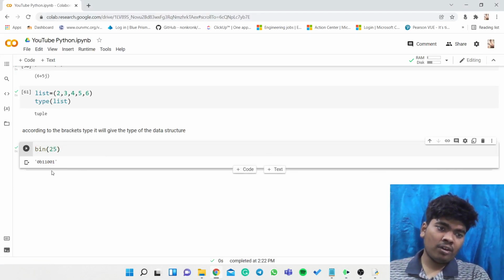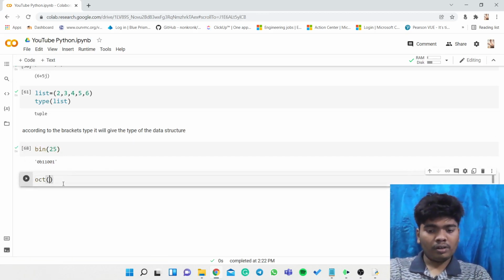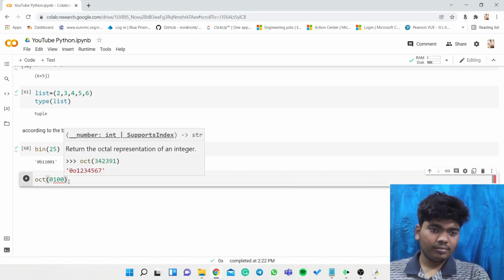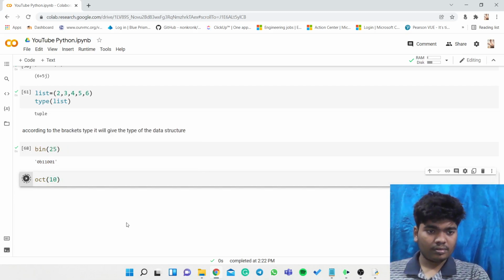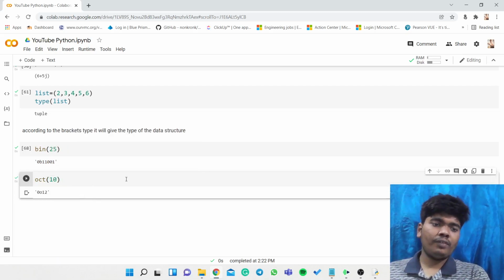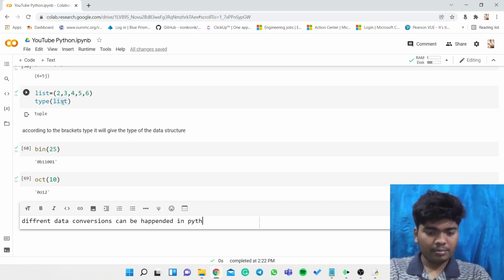The binary of 25 will be given here, and oct of 10 will be given like that. So different data types are there, and different data conversions can happen in Python easily.